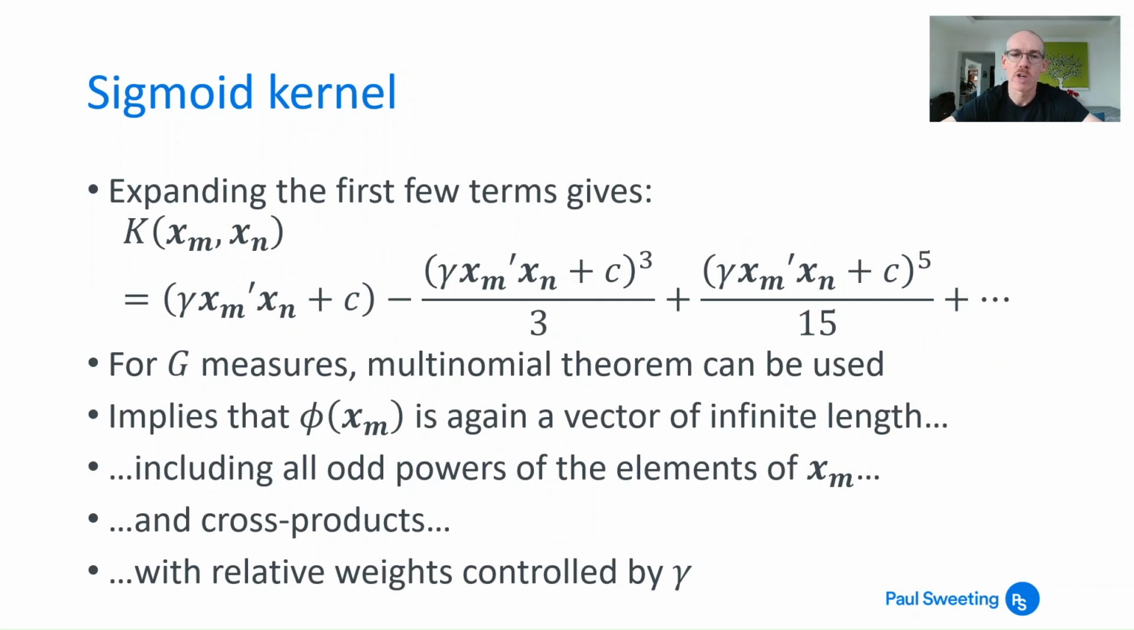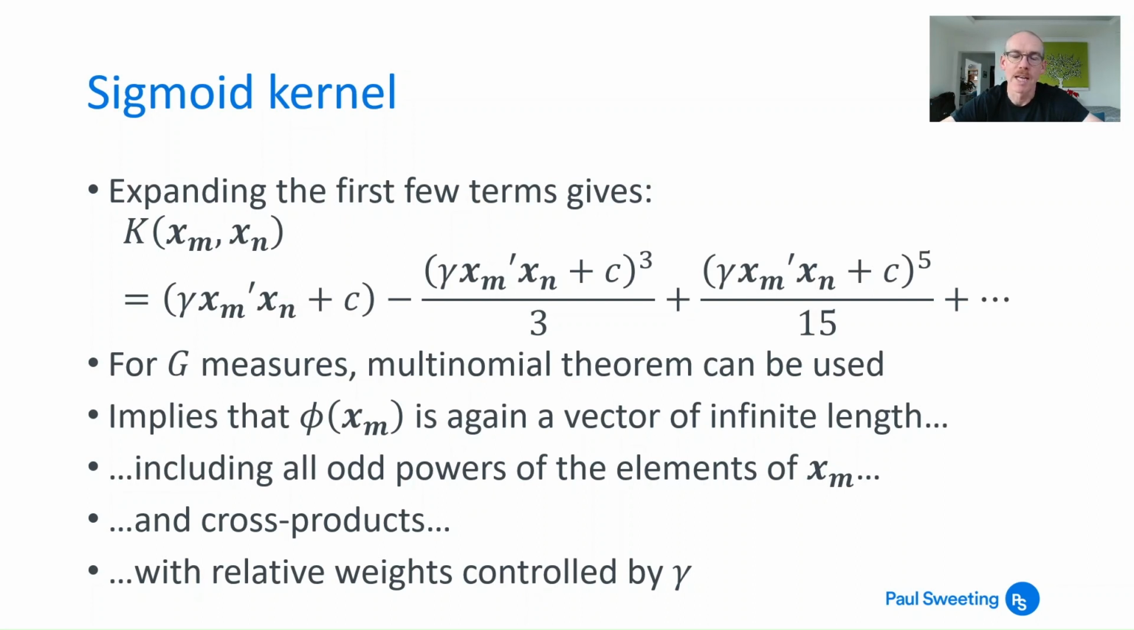More instructive is perhaps to just look at what the first few terms of the kernel are if you do expand them. And what you get is gamma xm transpose xn plus c, minus gamma xn transpose xn plus c cubed over 3, plus gamma xm transpose xn plus c to the 5 over 15 and so on. And if you've got g measures there, so xm has g elements in it, then you can use the multinomial theorem within that to work out